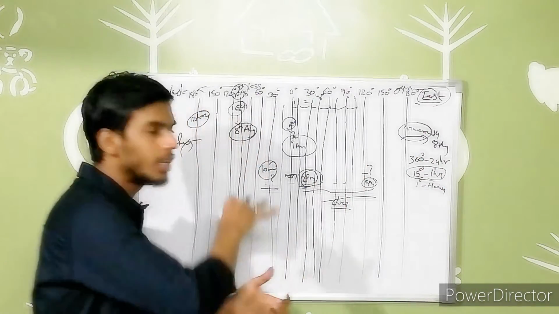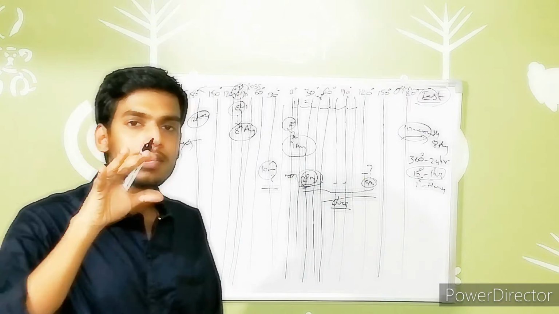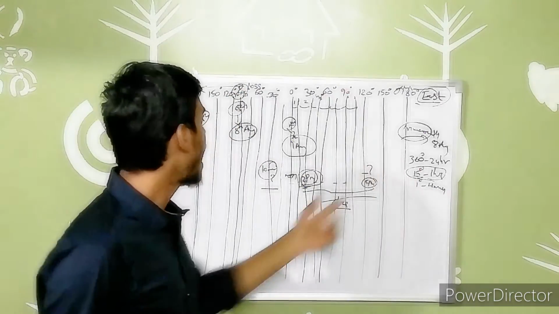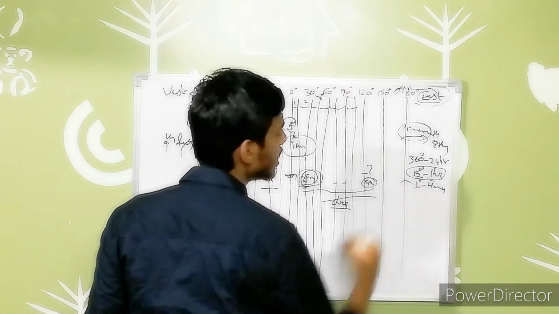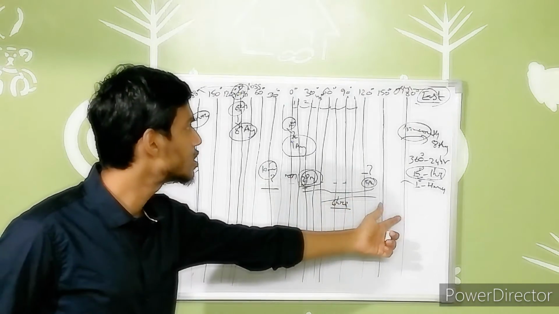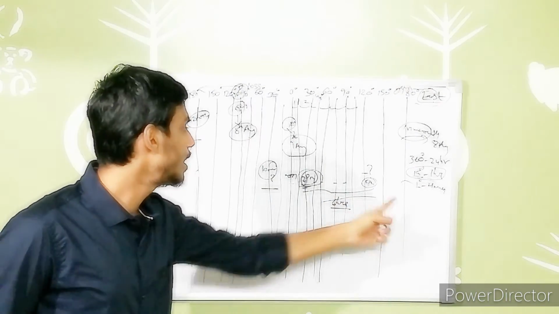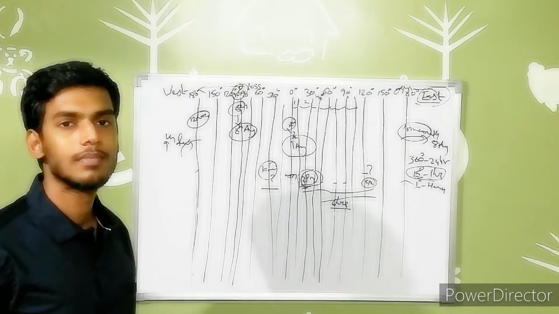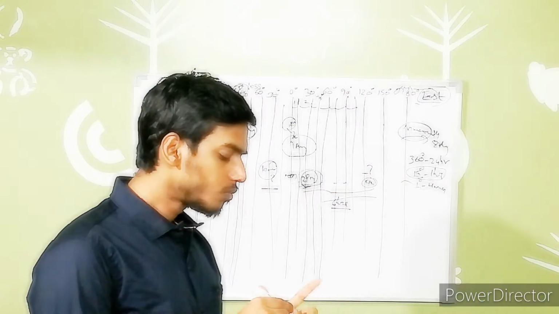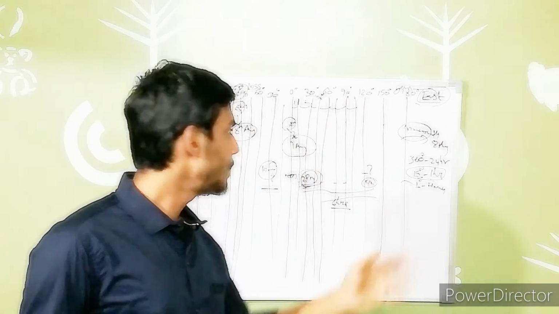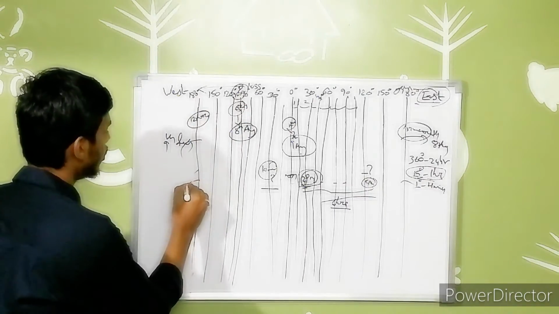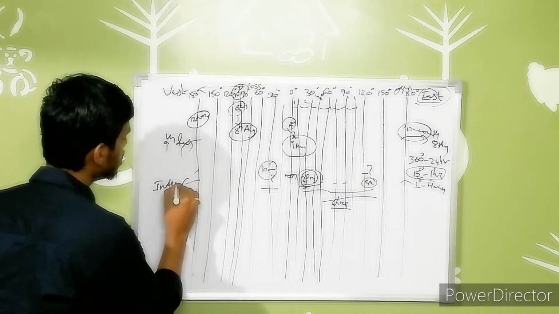So why? In order to maintain the same time over the country. Actually, this 180 degrees is the same line when we take it on the globe. But when I draw it on the board, I differentiate for your better understanding: 180 degrees east and 180 degrees west. Like that we have to calculate this. It is based on the prime meridian. This line is known as the International Date Line. As I said yesterday, 180 degrees is known as the International Date Line.